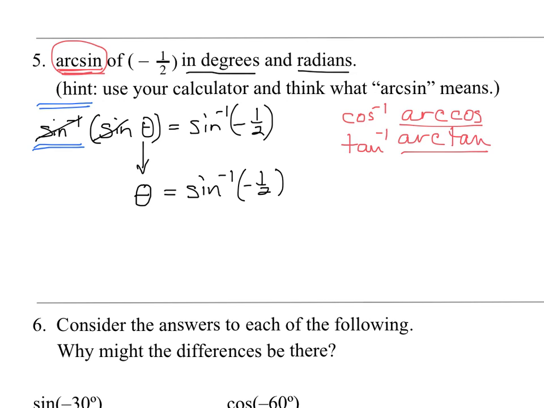So if you hit second and then sine, it says sine -1 with a parenthesis, and it's waiting for some input. So -1/2 or -0.5, close the parentheses and hit enter, and it tells you the measure, the value of theta, that gives you -1/2 when you take the sine of it: -30. And that's what all this is telling us, it's -30 degrees. Now, if I want to convert that into radians,